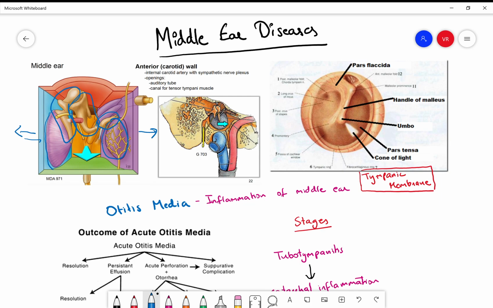So the space over here will be known as the oval window, and there are two important nerves and a few blood vessels which pass through this area. All of these are going to help in the transmission of the disease to different areas. So this is just another view of the same thing. So that would be the important things you need to know about the anatomy of the middle ear.